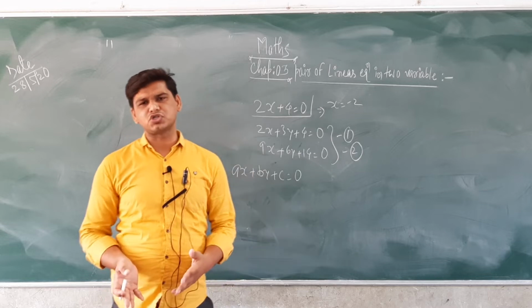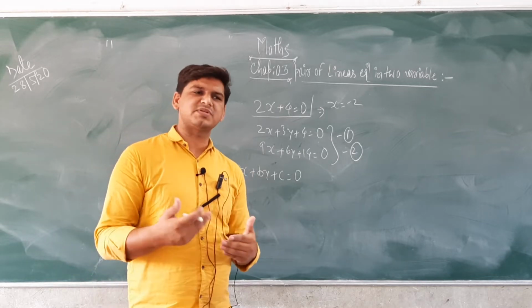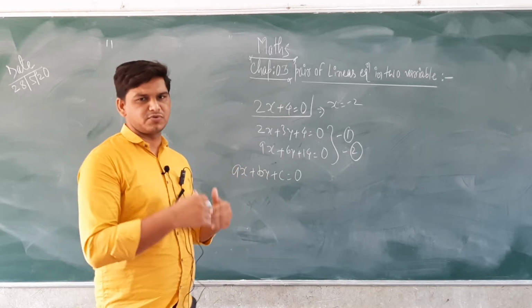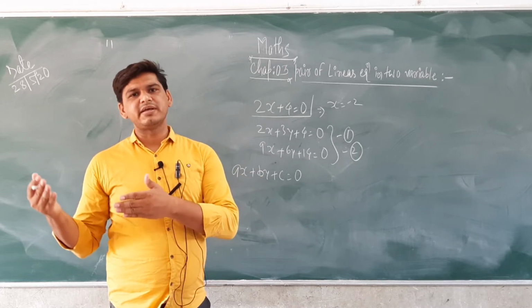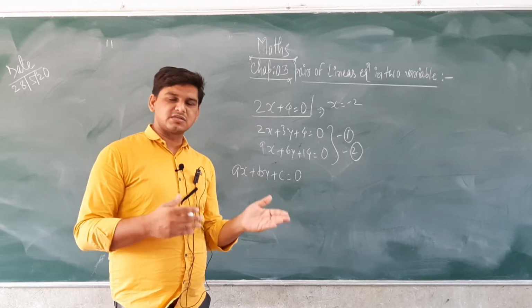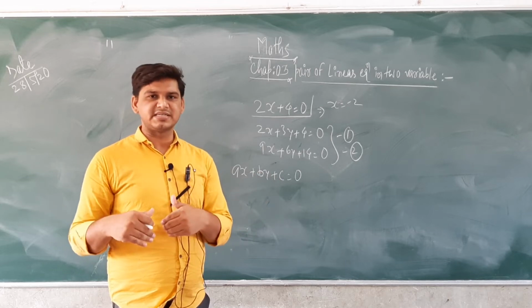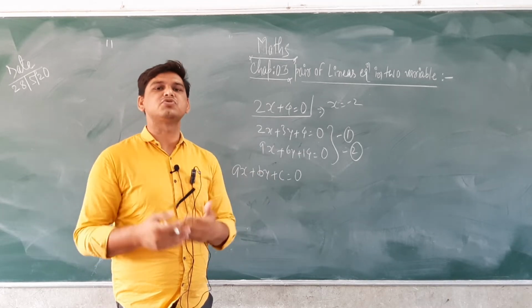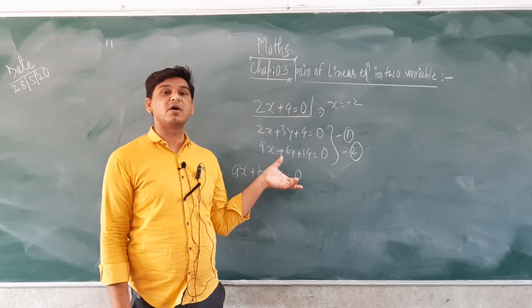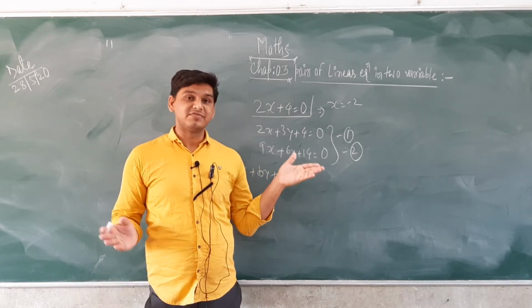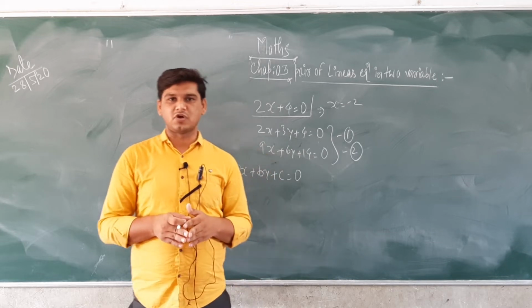Now this type of question is also asked as quiz or puzzle-like word problems that we have to derive. For example, Aftab told his daughter that 5 years ago my age was 7 times your present age, and after 5 years I will be 3 times your age. So this type of question also we have to convert into the form of linear equations, then solve it to find the solution set.